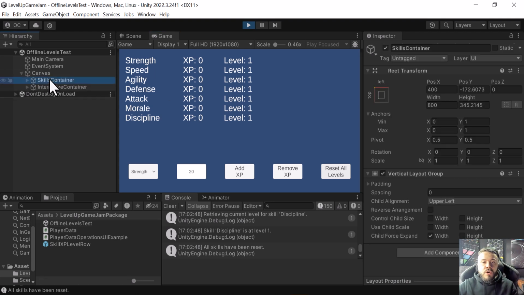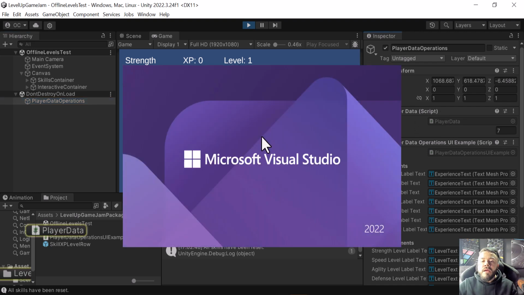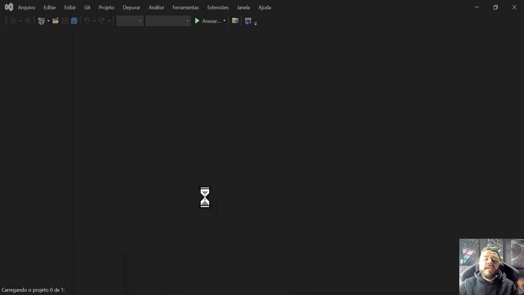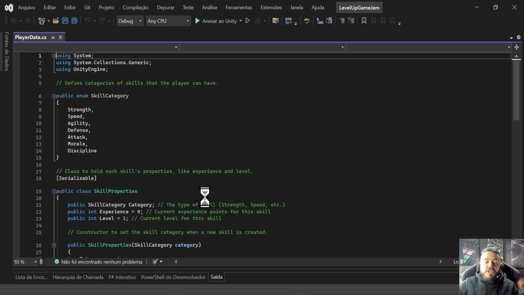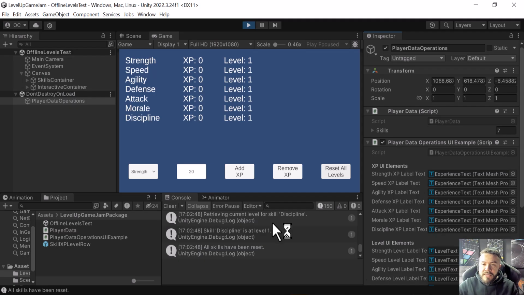Okay, so now let's go through each of the components. The main thing is this guy, player data operations. Okay, so we have player data and player data operations. Player data is the guy responsible for taking care of adding experience, removing experience, checking whether you're leveling up or not, and also displaying several messages on the console.